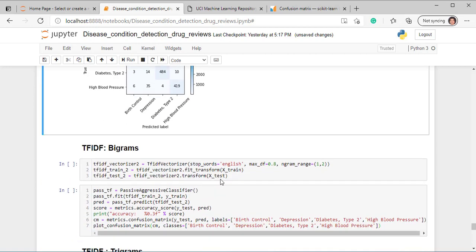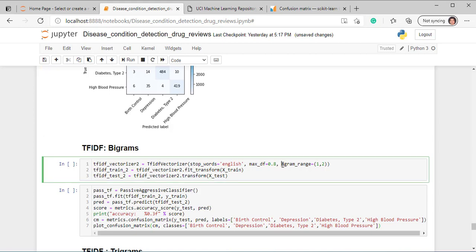Next, we will be using the bigram approach, where we specify another parameter, n-gram underscore range, and for using bigrams we have to specify 1, 2, which means it will analyze two words in a pair, how they are important in classifying any particular text in a particular category. So you have to specify it equal to 1, 2. And apart from that, we are keeping all the other parameters the same.